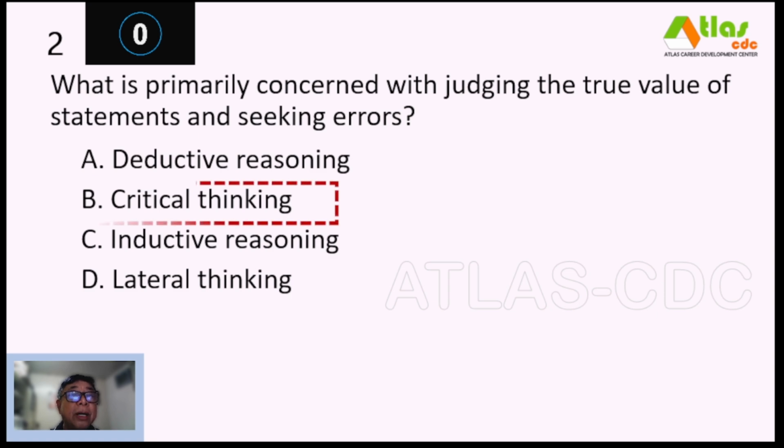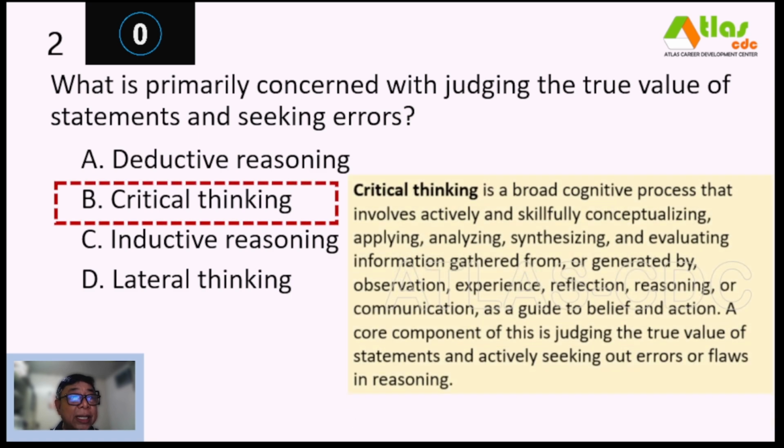And our correct answer is letter B, critical thinking. So critical thinking is a broad cognitive process that involves actively and skillfully conceptualizing, applying, analyzing, synthesizing, and evaluating information gathered from or generated by observation, experience, reflection, reasoning, or communication as a guide to belief and action. A core component of this is judging the true value of statements and actively seeking out errors or flaws in